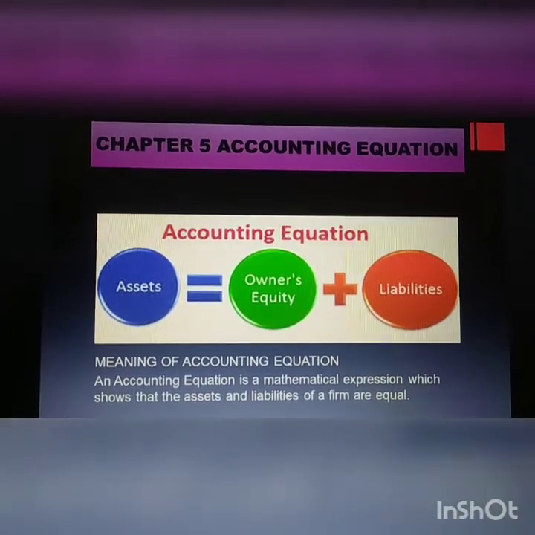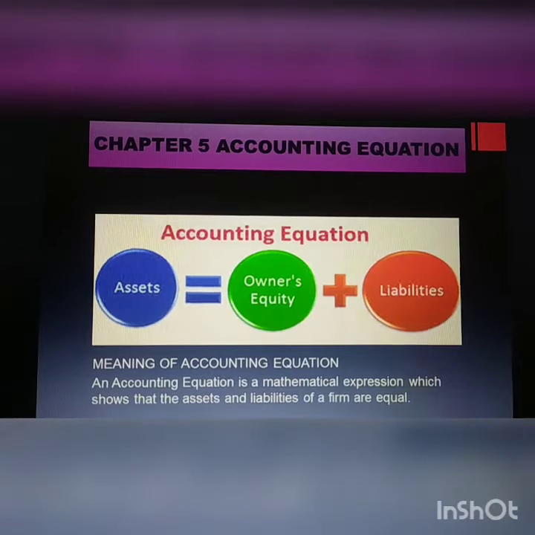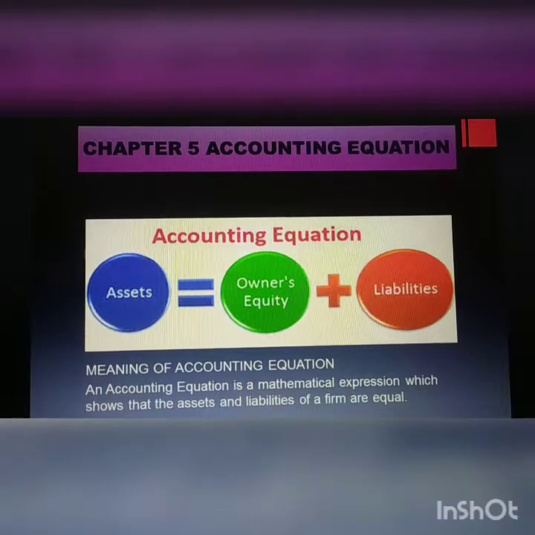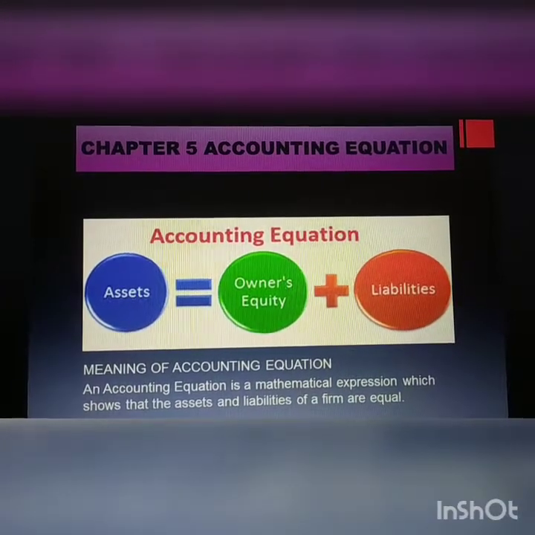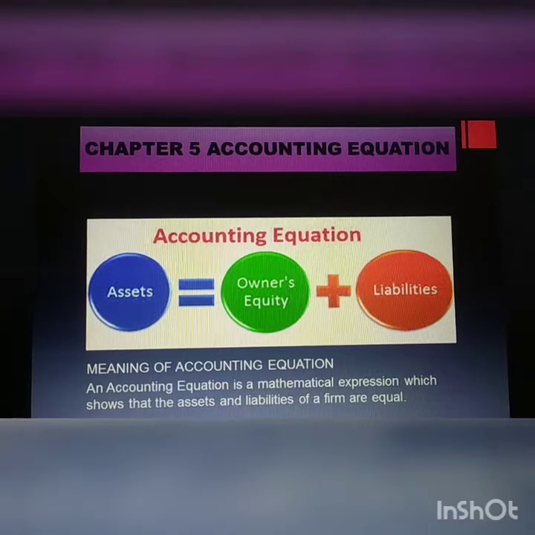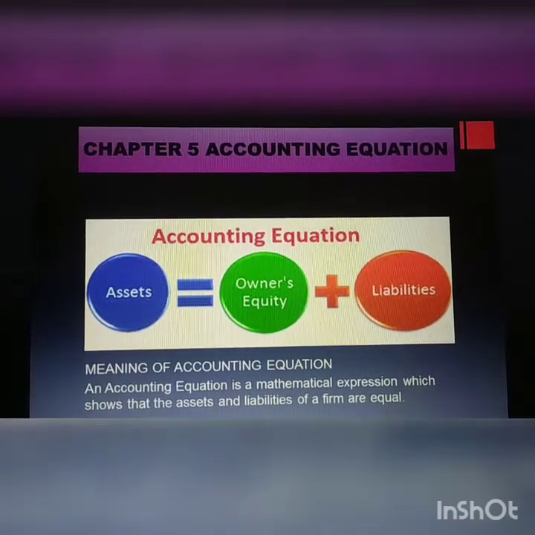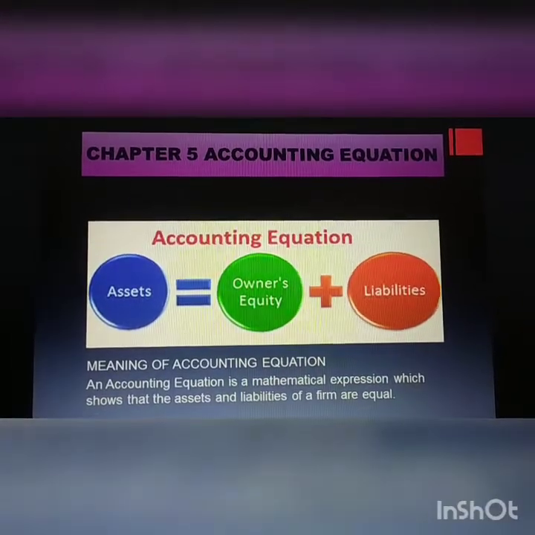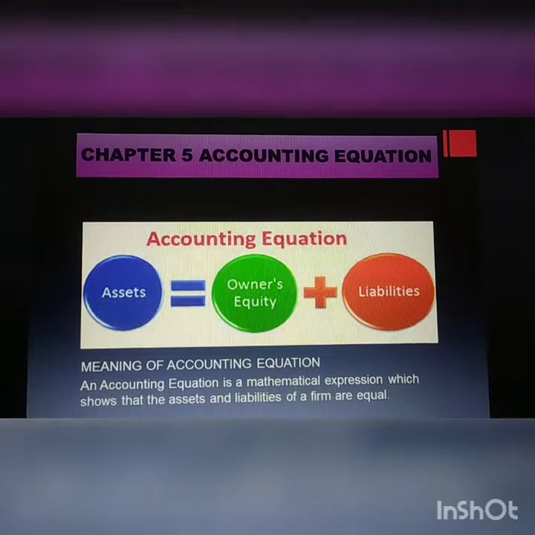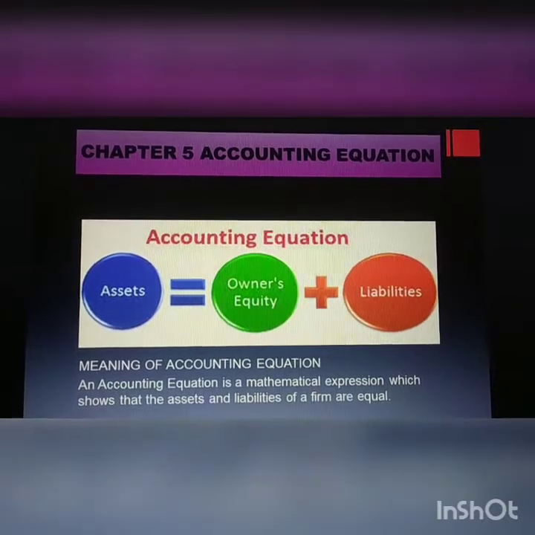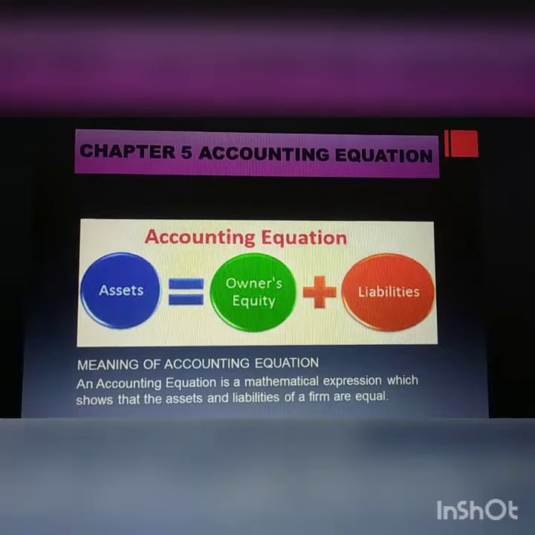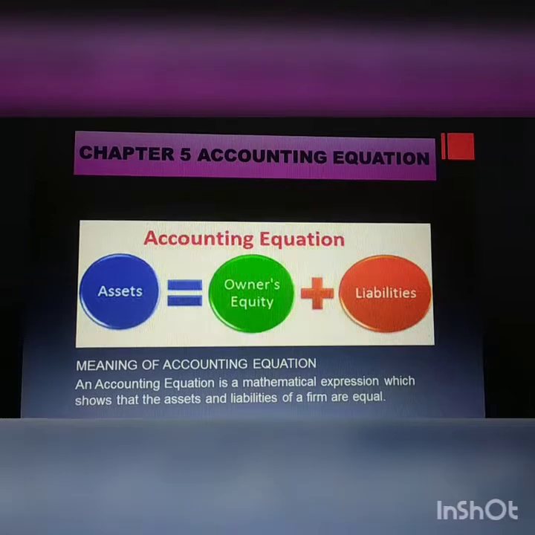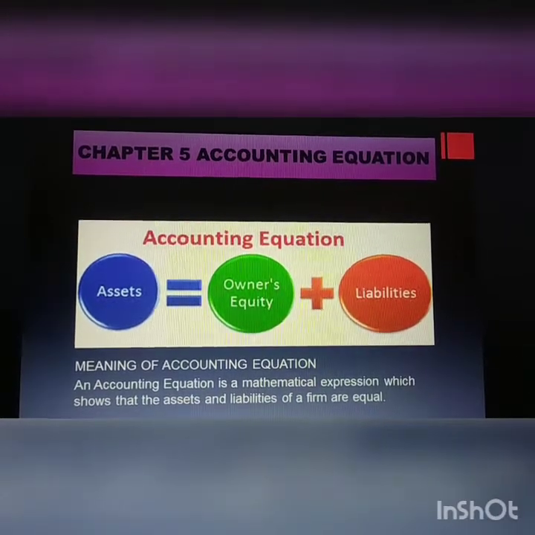Now, what is the meaning of assets? All material things owned by the business are called assets. Or we can say any material thing which can be used for future activities of the business and belong to business is known as its assets. Okay, I gave an example. For example, for a school, what are the assets? Land, building, furniture. Okay, these are the assets. Basically, assets are those resources by which we can run the business.